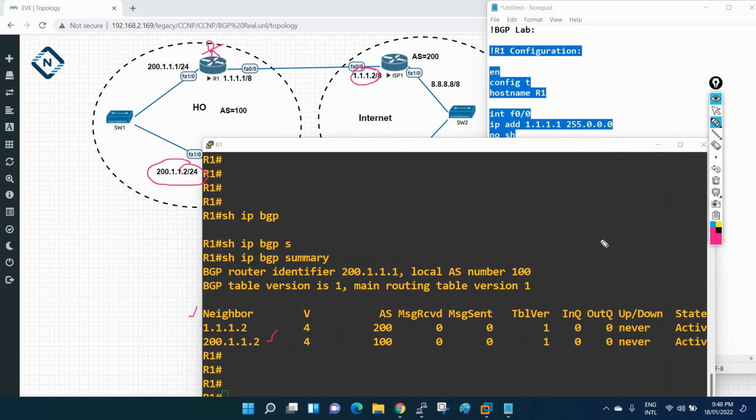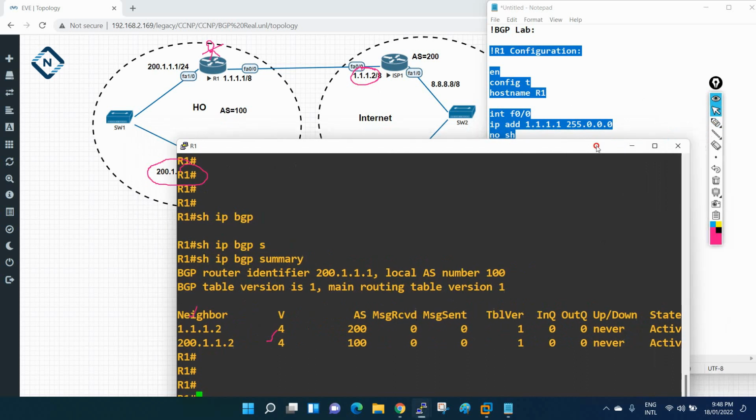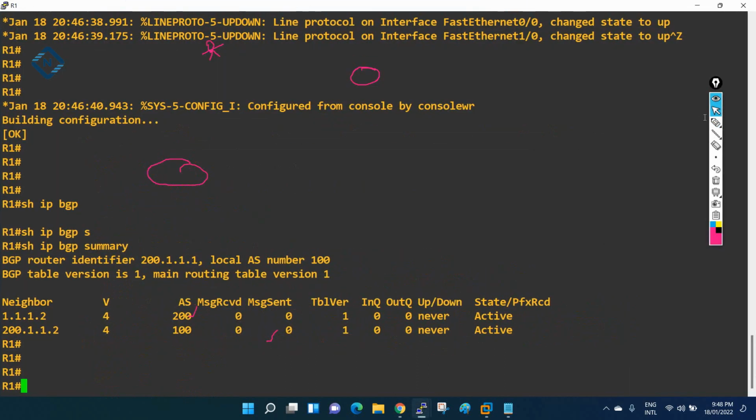Both are in the active. Let me show you. Both neighbors are active. When the neighbors are in active, BGP is not established. TCP session is not established. When you have active here, what we can say is TCP session is not established.